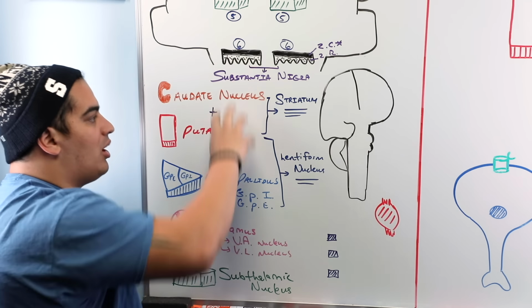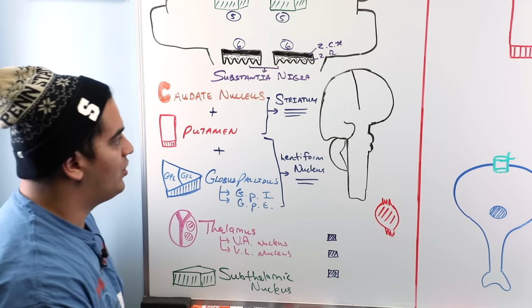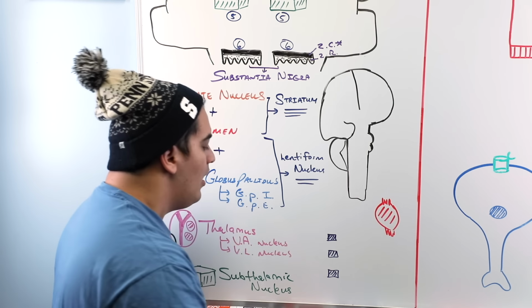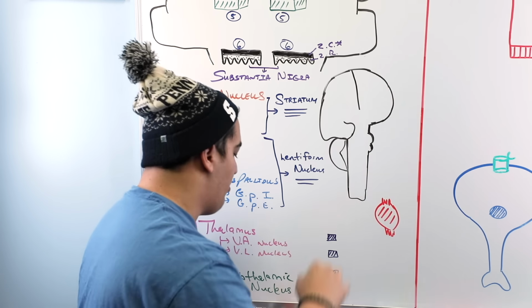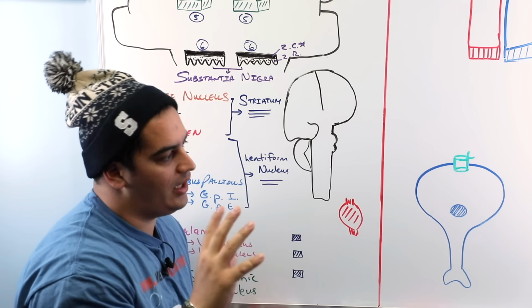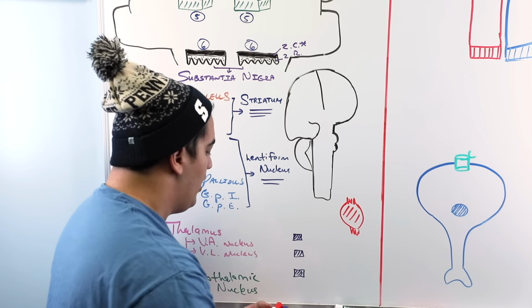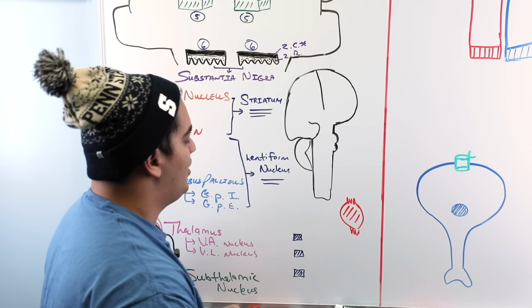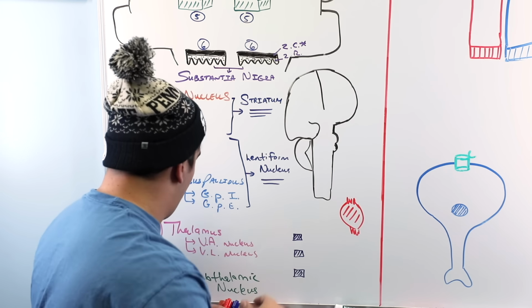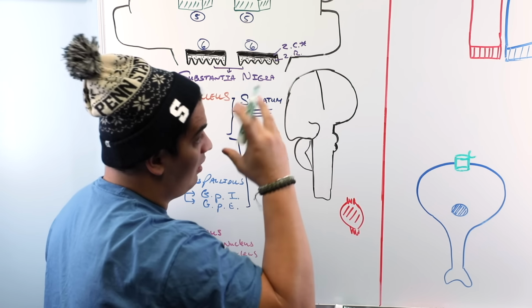Okay, so we've established the components. We've established some specific terminology that I might use throughout the course of this video. The last thing I want us to talk about before we get into the pathways is the basic motor function. Obviously, I kind of give you the idea what the basal ganglia is involved in. It's motor function. So the motor function is coordinated by the cerebral cortex, right? So if you guys remember, we have a couple different regions in the cerebral cortex that are involved in motor